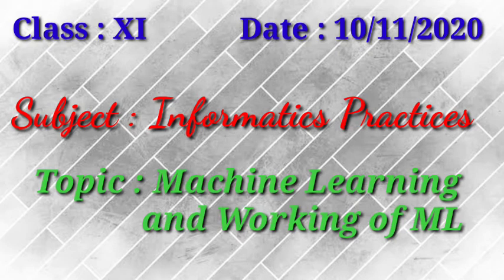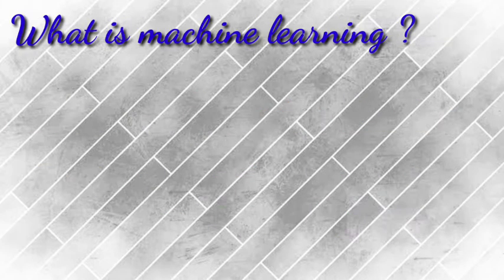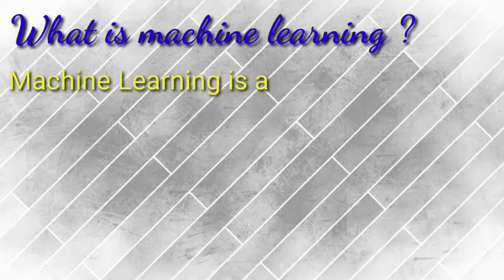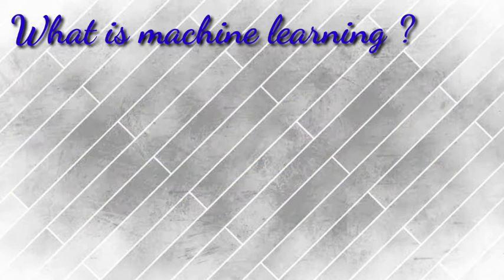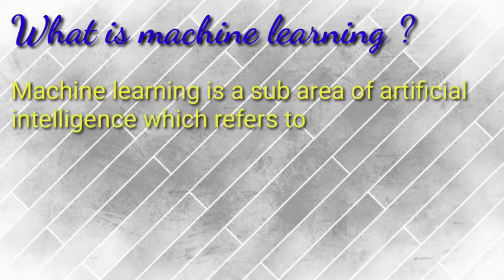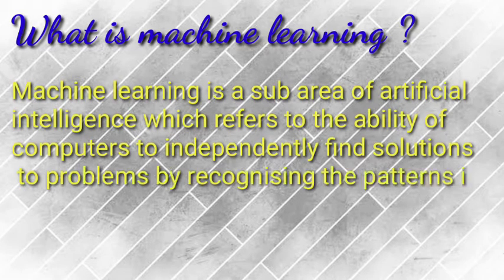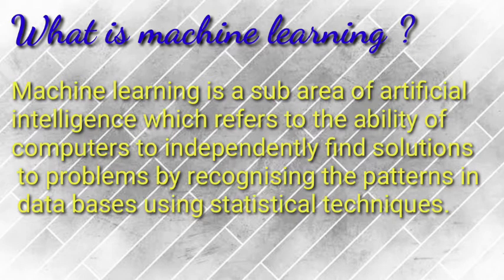So today in the emerging trend chapter we are going to learn about machine learning and how it works. What is machine learning? Machine learning is an application of artificial intelligence that provides the system the ability to automatically learn and improve from experience without being programmed after initial training, using test and training data and algorithms. It means that in the field of artificial intelligence, the computer is so efficient and has the ability to independently find solutions to problems by recognizing the pattern of the user in